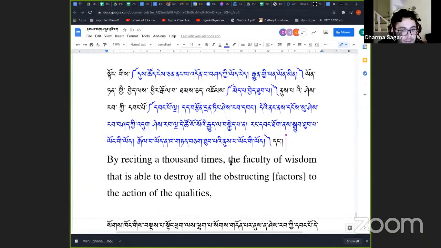Okay, yeah. And so out of these five, the one that is overtly addressed in this passage is only the wisdom. We're not yet talking about the other four, but here the author of the commentary is first addressing the wisdom, the faculty of wisdom, and then he's going to talk about the others.